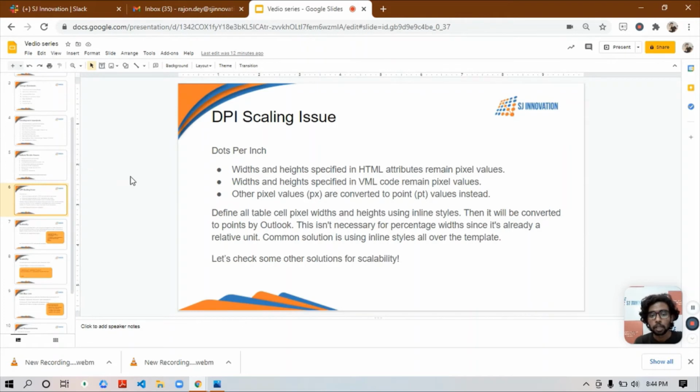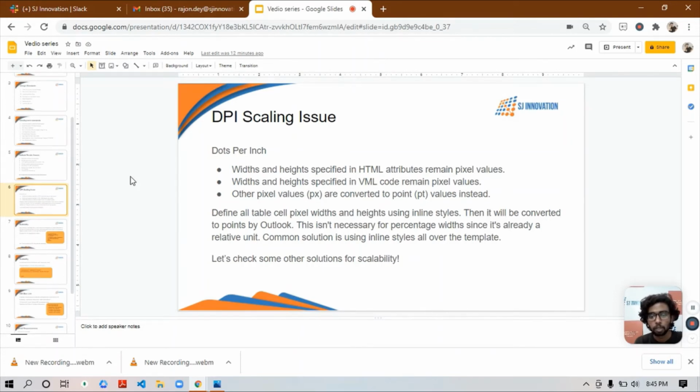Most importantly, the inline styling that I mentioned solves most of this problem. Suppose you define all table cell pixel widths and heights using inline styles, right? Wherever you write a paragraph, make sure you use font size, line height, everything in pixels inline, so that this DPI scaling will not happen.